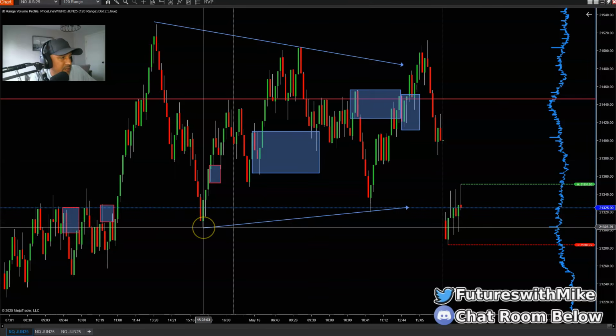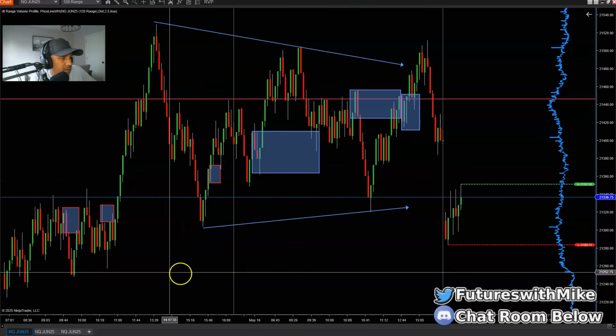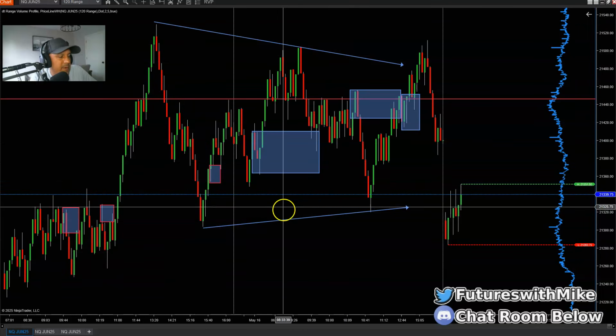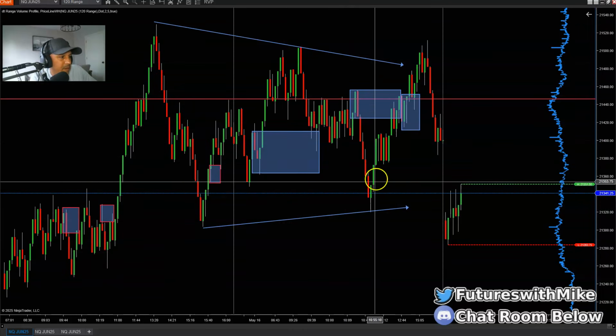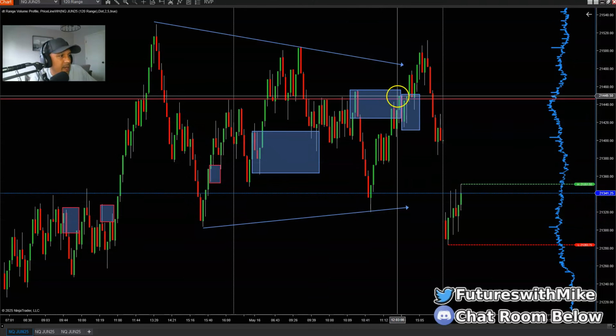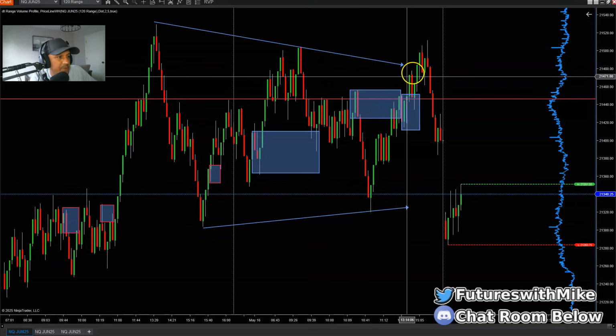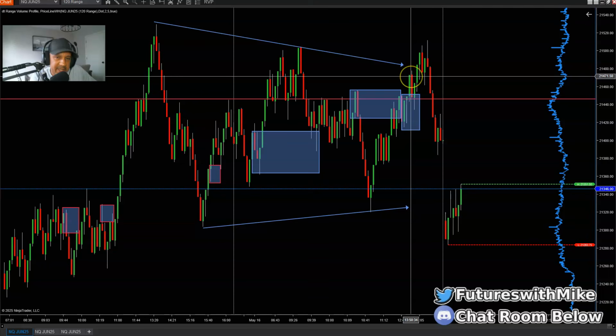Had it broken below this, continued pushing and made lower lows, and broken below this low here, then the market would have had a reversal. But the market came down here, tested this low, then it started making higher highs and higher lows to the upside, and it broke above this area of structure right here. Now, this is aggressive buying that's done by the institutions, the banks, smart money.